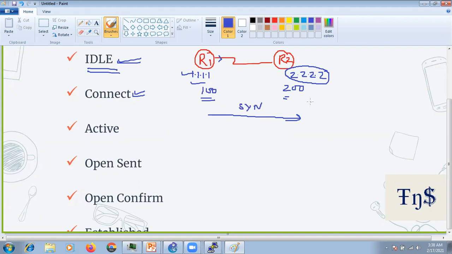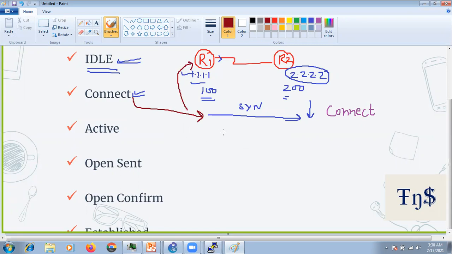So the router who gets the SYN packet, in our case, it's R2. So R2 will be in connect state, okay? And the router who sent the SYN packet will be in active state, okay? So in our case, R1 will be in active state.